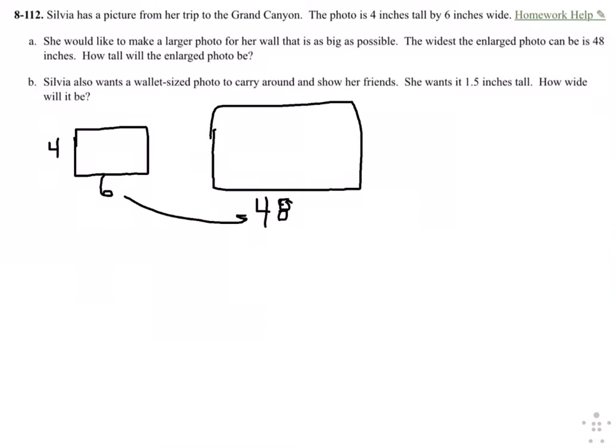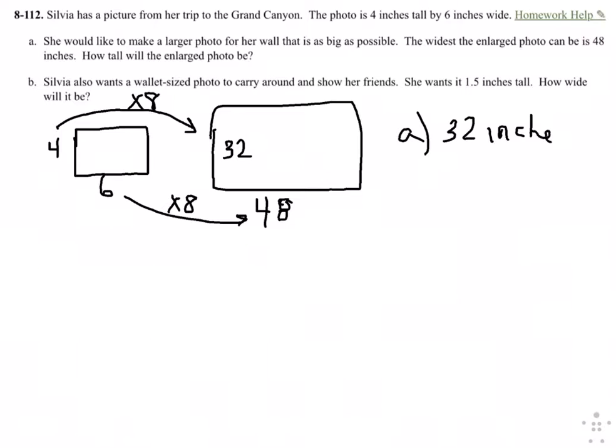So what did we do to get the width to go from 6 to 48? We multiplied by 8. So to keep it proportional, that would mean we would need to do the same for the height. So therefore the height would be 32. So for A, we would say 32 inches. Right? Okay, and then part B says she wants a wallet-sized photo, so she wants it to be 1.5